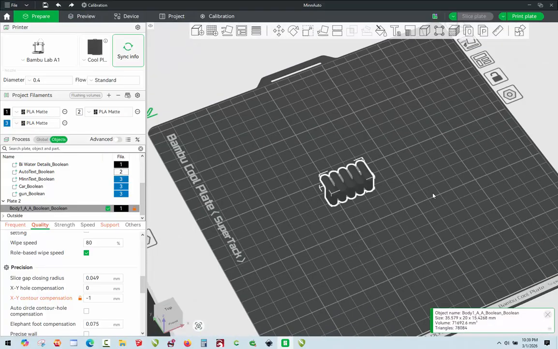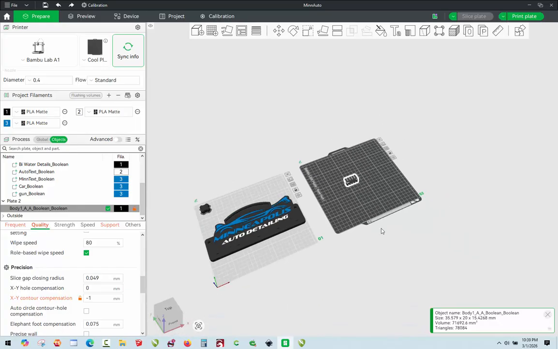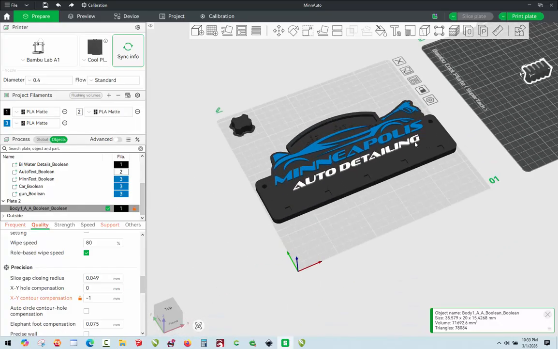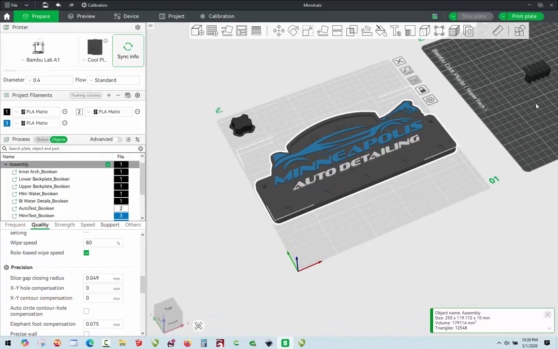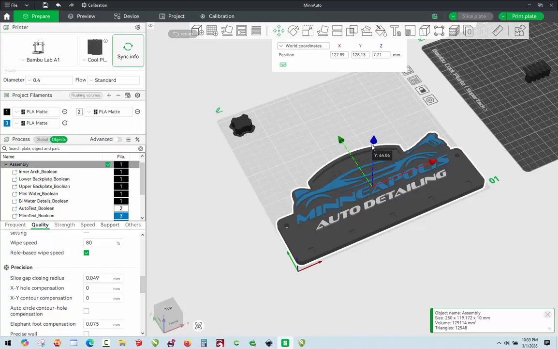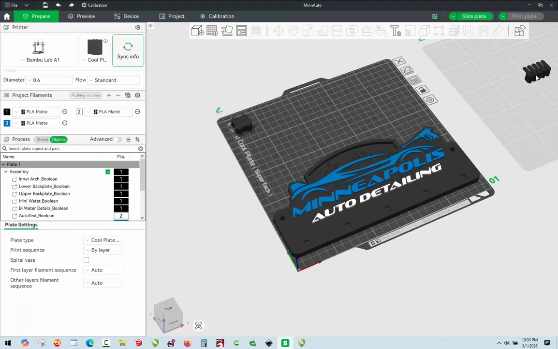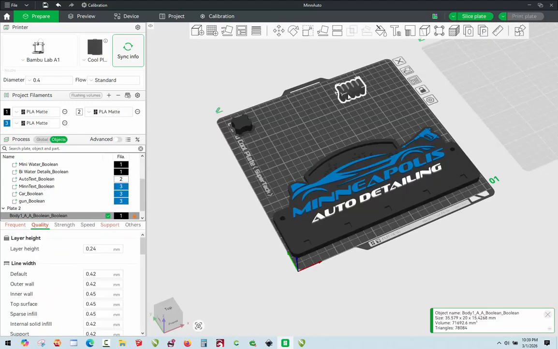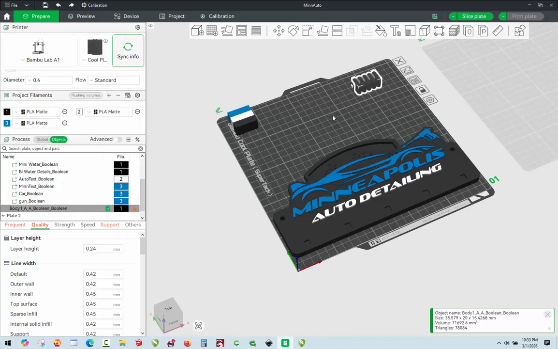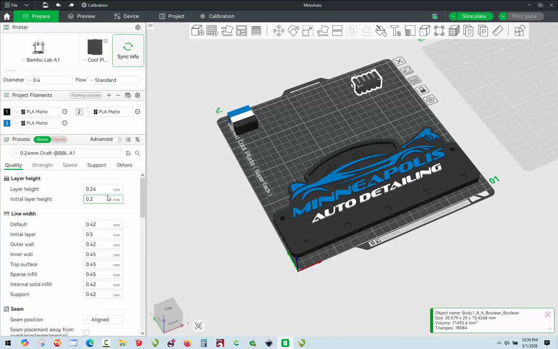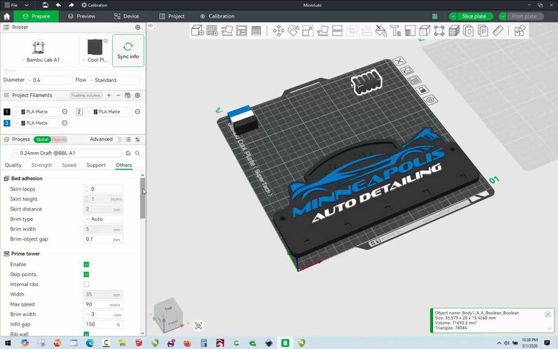So now that we've made the necessary changes, let's go to the move tool. Let's bring this down, down, down, down, down, right close to the edge, maybe something right there. Maybe up just a little bit, something like that. And then let's take this and bring it over here. And let's make another setting, but we're going to change to global for this. All right, so we're going to come over here to others, and we're going to scroll down here a little bit. And what we want to do, to make sure I didn't pass it,